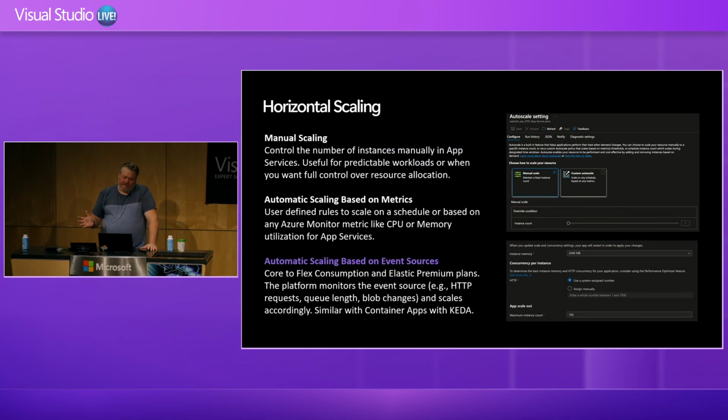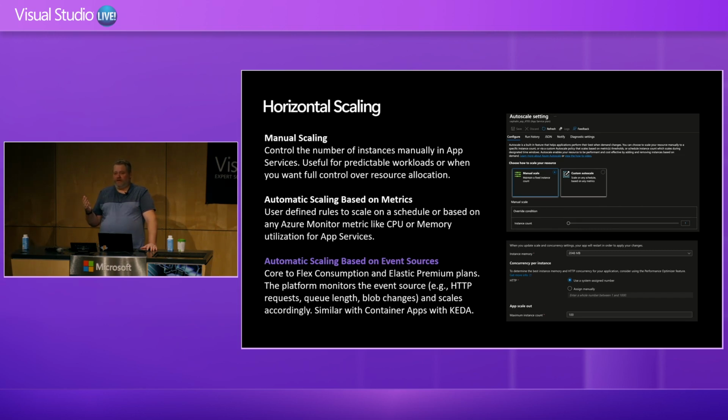And diving in a little bit more on the horizontal scale here, we have 3 types of horizontal scale. The first 2 mostly apply to App Service, but remember before when I said you can control the number of instances manually, you can literally go into the App Service plan and tell it, this app now has 10 instances, and it'll scale out to those 10 instances, and you're paying for those 10 instances regardless of whether there's executions there or not. Or you can do it at a schedule.